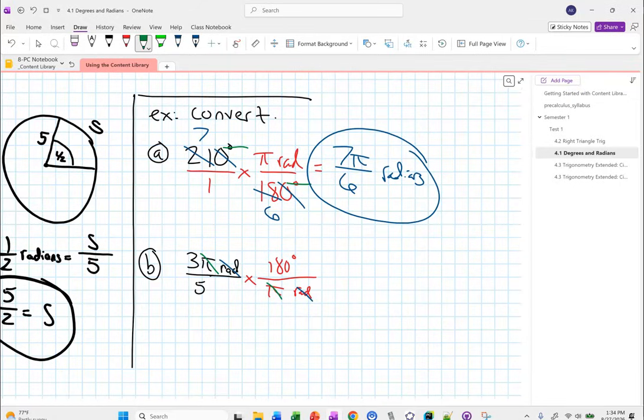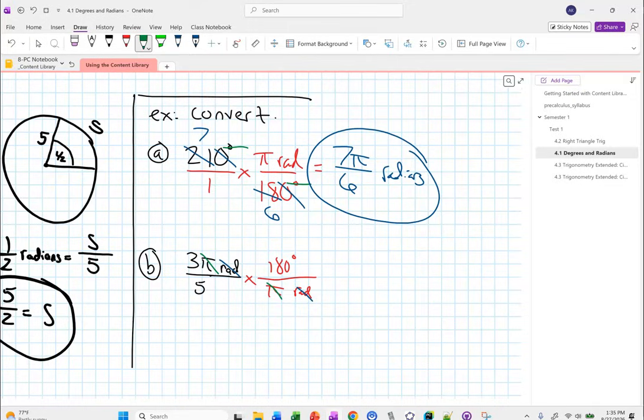And then we should try to reduce the fraction. Right? We have 3 times 180 over 5. I'm going to reduce before multiplying. So obviously 3 and 5 have no common factors. Those are both prime numbers. But 5 and 180 certainly do. I know because 180 ends in a 0 or 5. I know it's divisible by